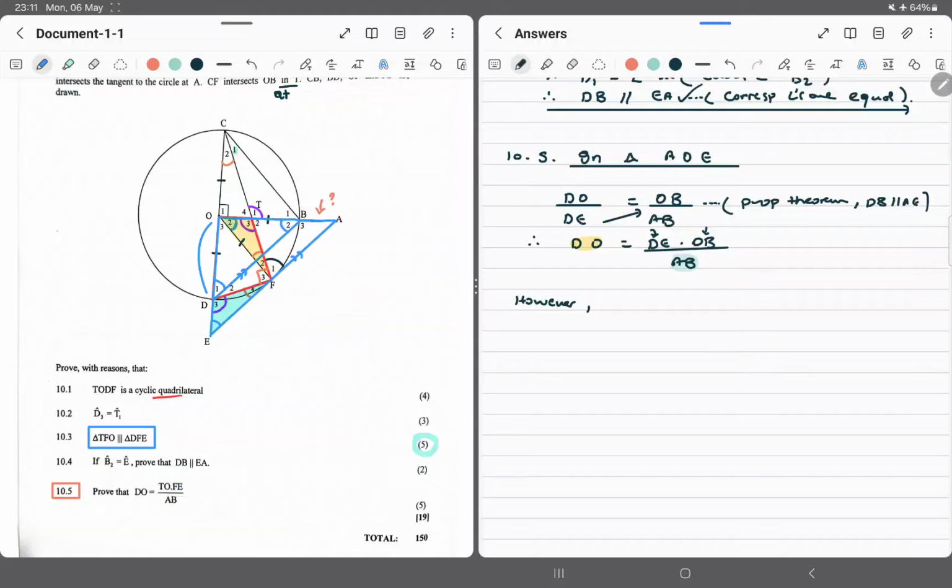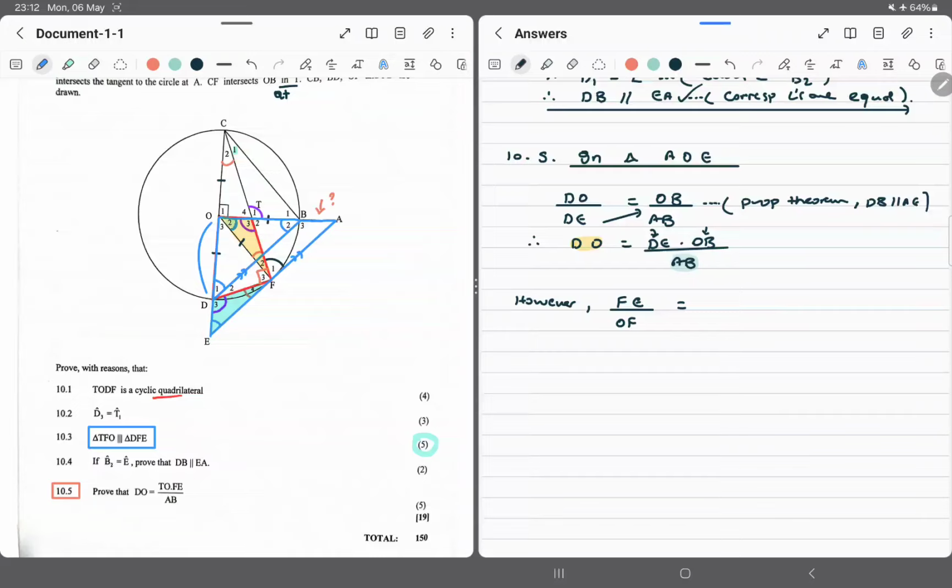So we start with it and say, well, we're going to use FE. We say our FE over, let's see, FE is opposite D3. Right, D3 was equal to T3 from earlier. Then that is opposite OF. We'll say over OF. Remember, the sides that make up the ratio are the sides that are opposite the equal angles. And then